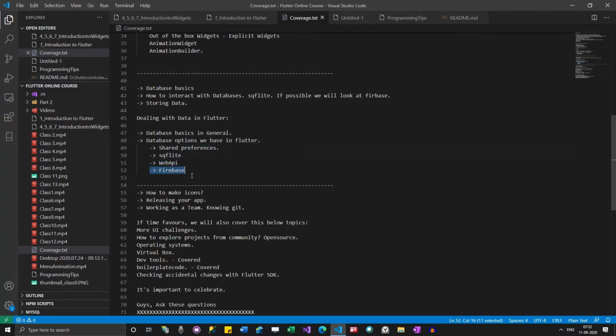Today we are going to cover Firebase. I'm going to show some basic examples, but that is a very limited part of Firebase. Firebase itself is a whole big topic, but whatever I'm going to share is very much essential for you to explore Firebase. You can use this as a starting point and then learn further.